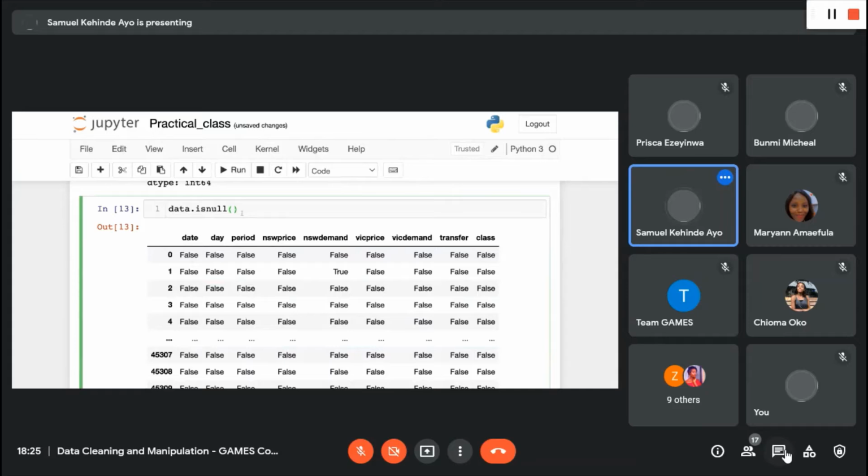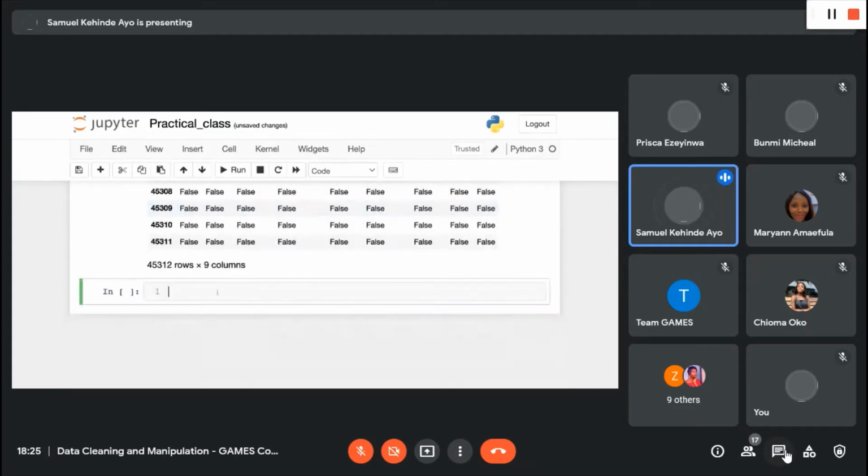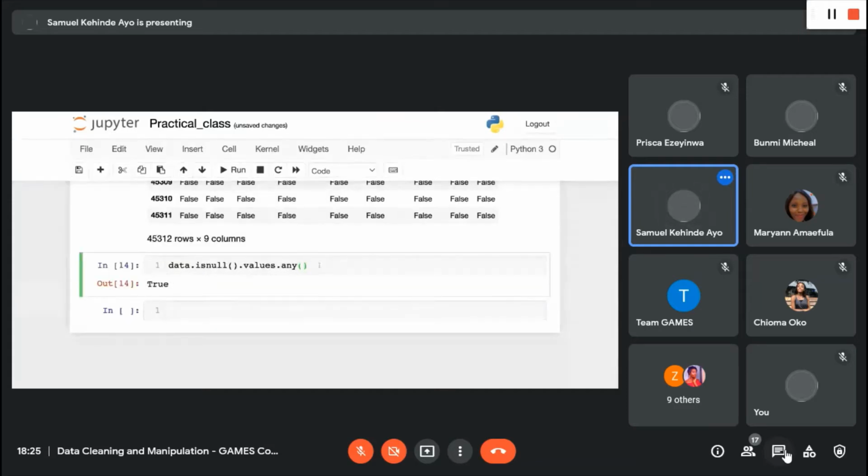So what we are going to do is check entirely around the data set, look through this data set and tell me if there are any null values or any non-null values randomly within the data set. If we do that with the same isnull, we can then buttress our point by saying values.any, so we can get a Boolean that tells us there are missing values within our